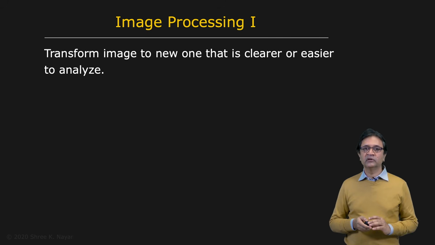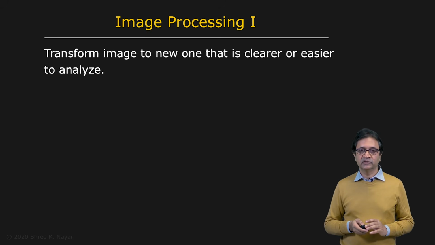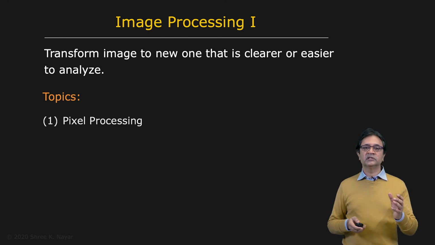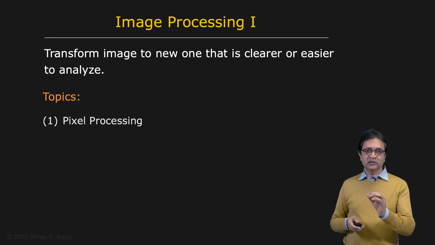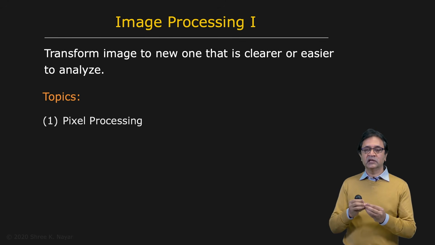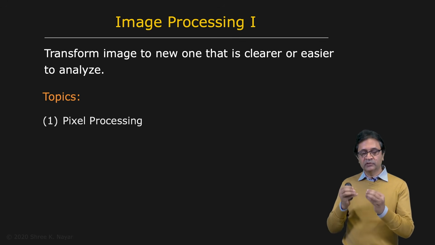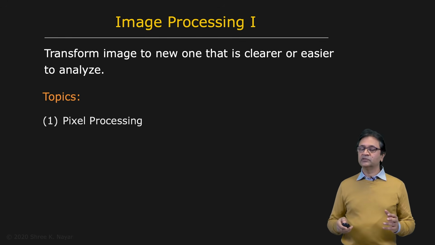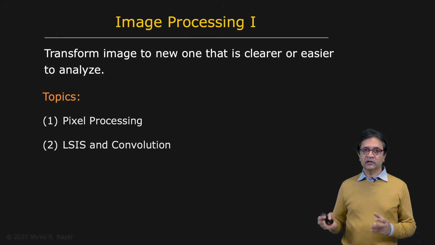So here are the topics we're going to cover in this first lecture on image processing. We're going to start with pixel processing, which is the simplest type of image processing you can apply. You simply go to each pixel in the image, you look at the brightness or the color value, and you transform it using some predetermined mapping. You're not really concerned about where the pixel lies in the image. It is really a transformation that is based on the color or brightness value at that pixel. Very simple processing.